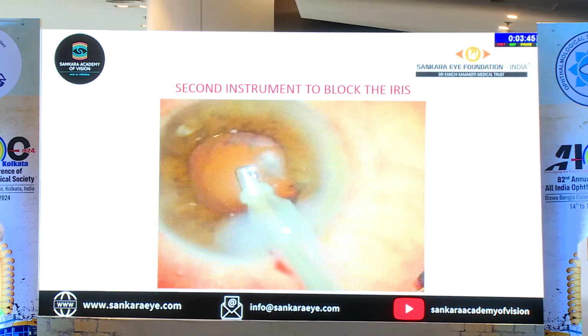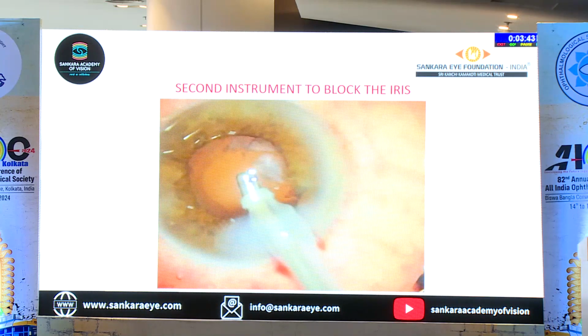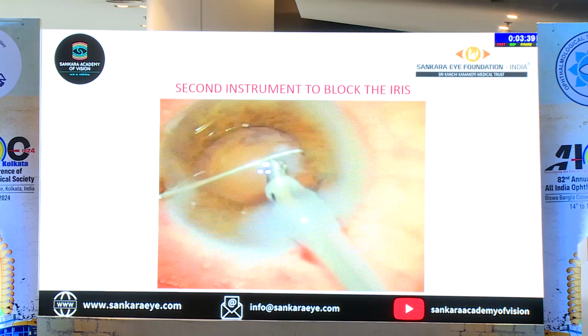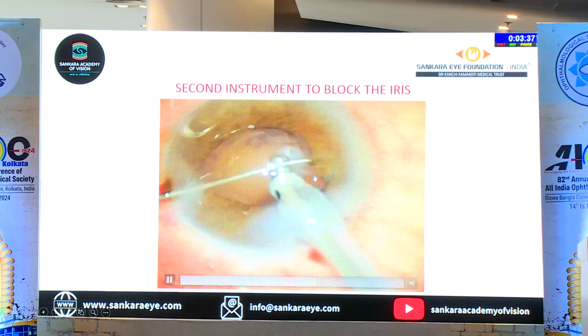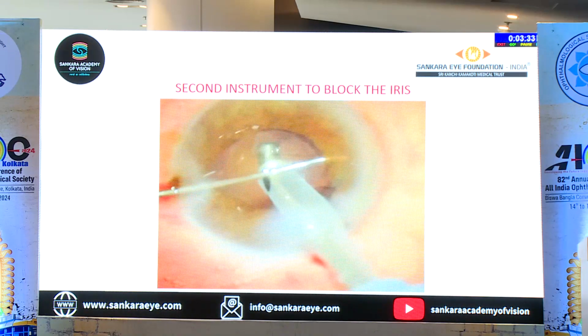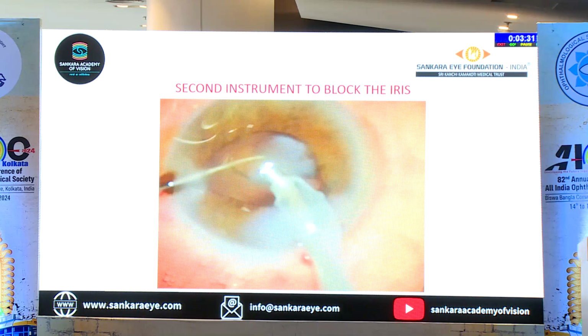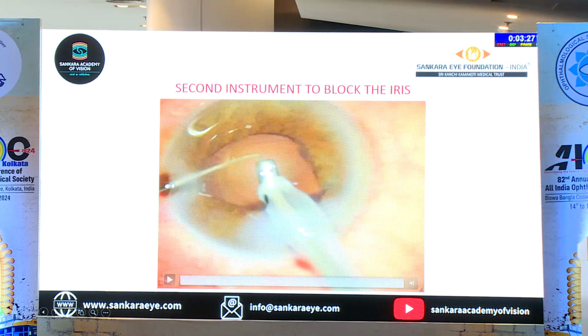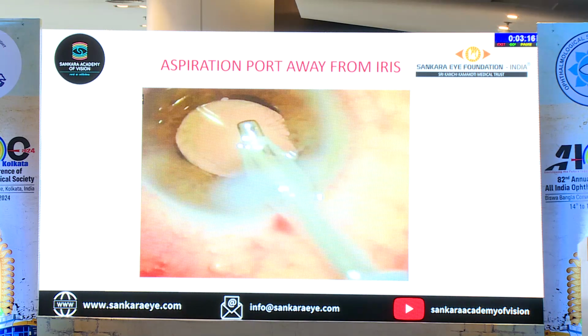And in this case, I am showing as an IA, but even in phaco also it does happen. So what you do is just take a Sinskey hook there, keep it as a guard, and then you can go ahead and easily remove even the subincisional cortex. And sometimes if it's on the other side, like here, the iris will get stuck into the side port. It's a blessing in disguise. You still can go ahead and do. And aspiration port,